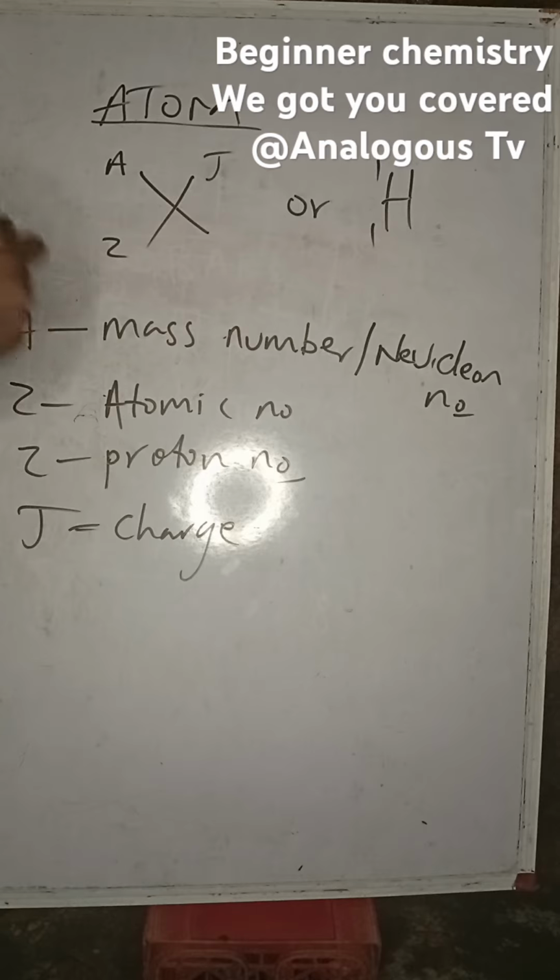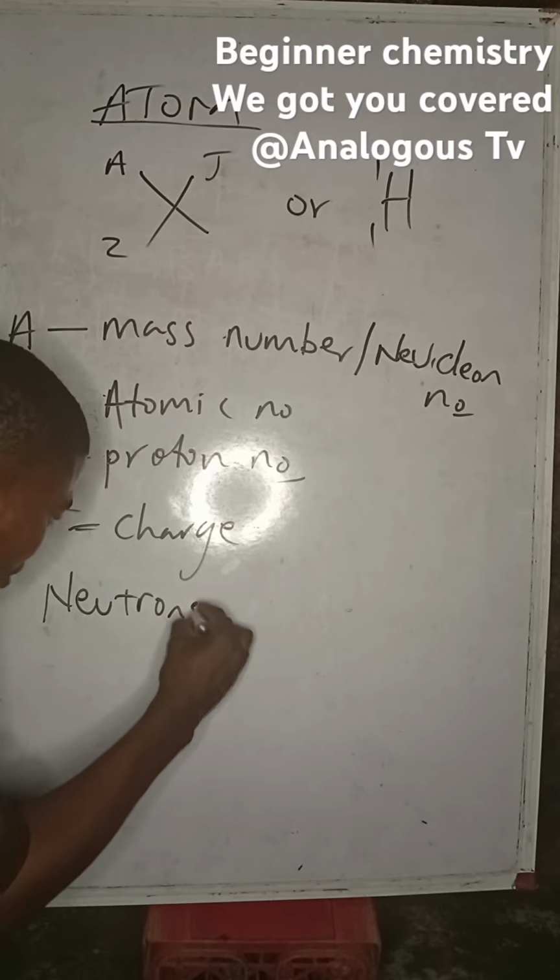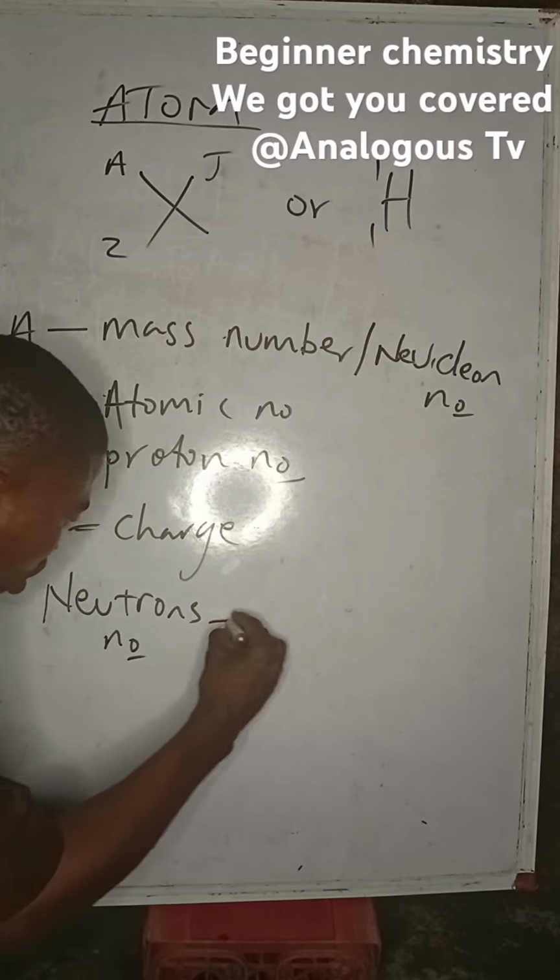So quickly, what about the number of neutrons? Don't forget this: the number of neutrons, which are neutral particles in the nucleus of the atom,